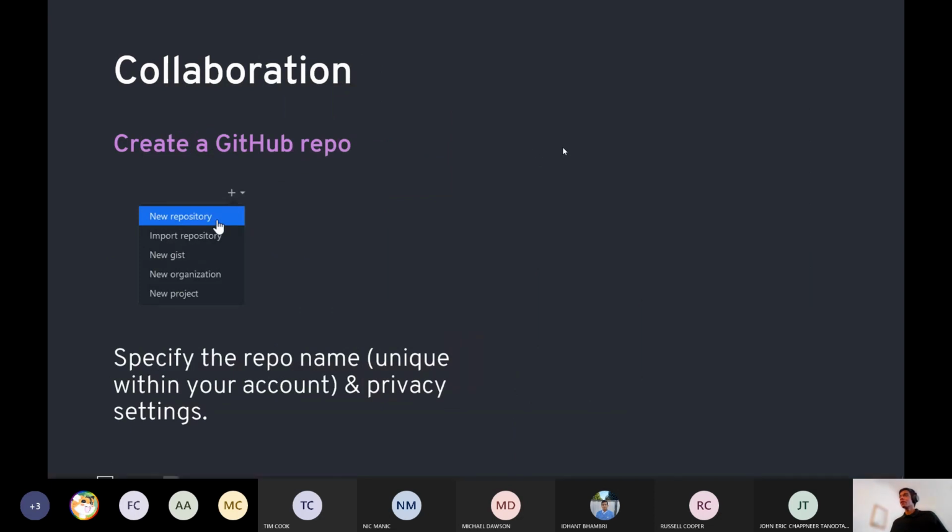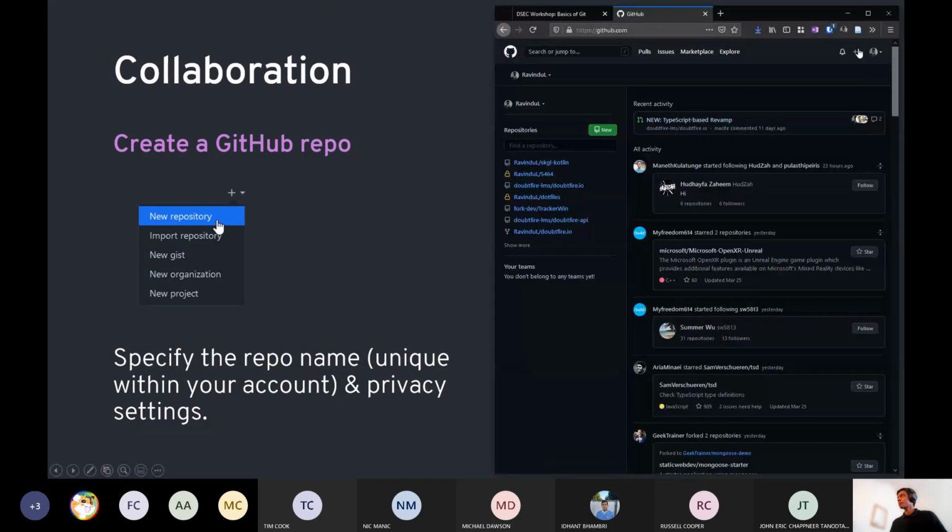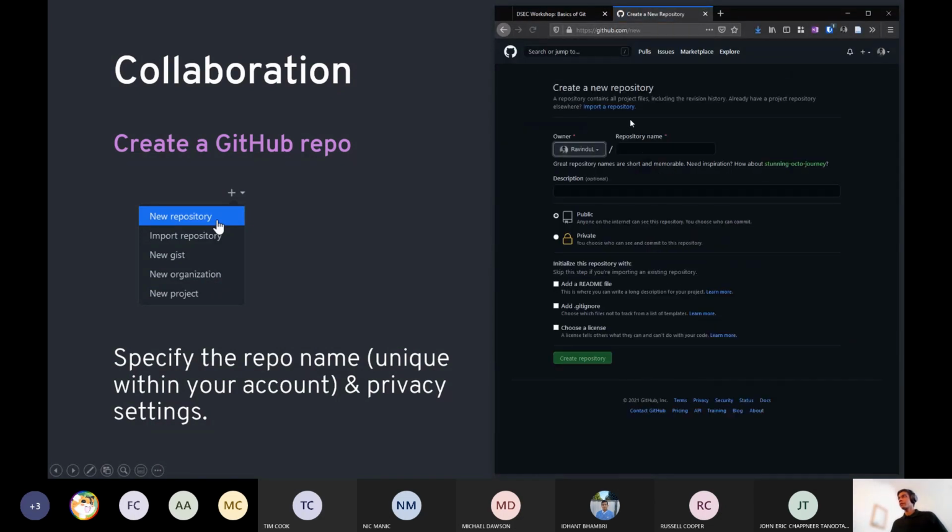Once you've created a GitHub account, you'd want to create a repo on GitHub. To do that, you'd press this little plus button over here and go to New repository. And you'd specify the name for your repo. So in this case, I'll call it 2021T1-fundamentals of Git. You could give it an optional description, etc. And I'm just going to leave everything in their defaults, except I'd make this a public repo on the DakinSec GitHub account.